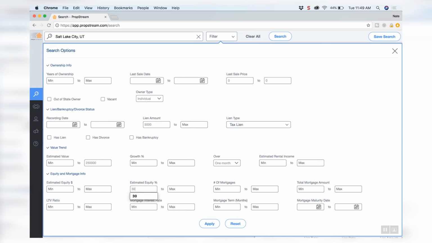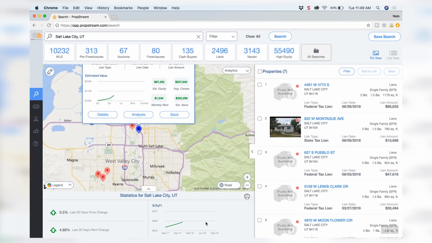30%. All right. So now we're going to hit apply. And what we've done, ladies and gentlemen, is we've now isolated 7 properties of the 2,400 involuntaries that are single family, not on the market. They had 30% in equity, and they owe at least a minimum of $6,000 or more in tax lien. So check it out. I want you to understand what's happening right now. Literally in a matter of a couple minutes with the free software that you can have,